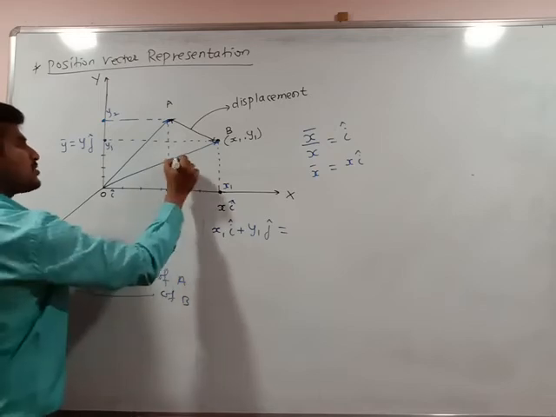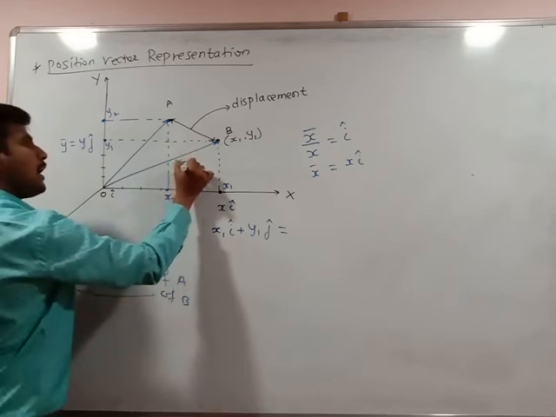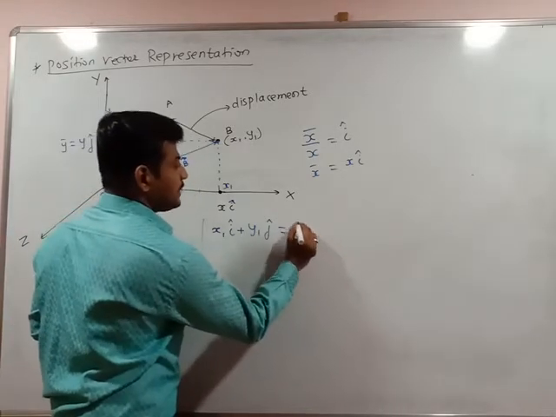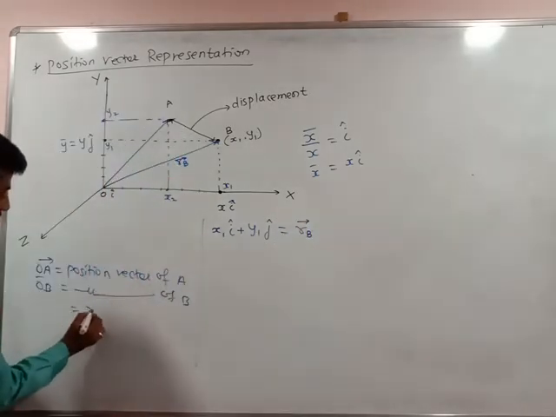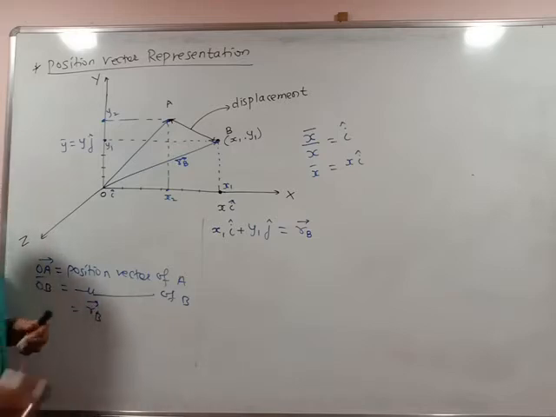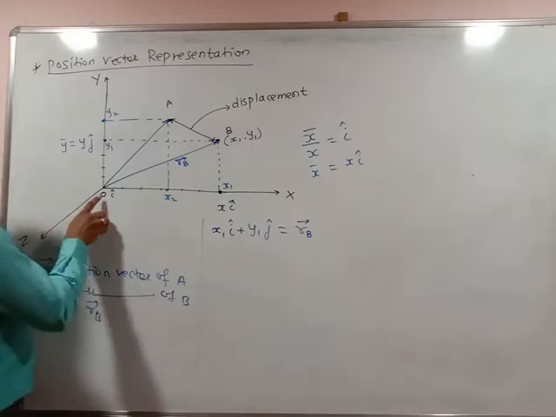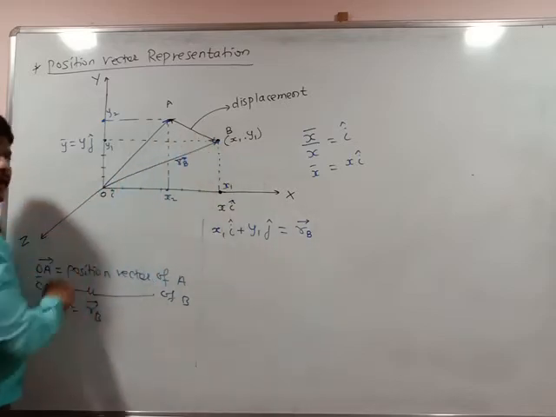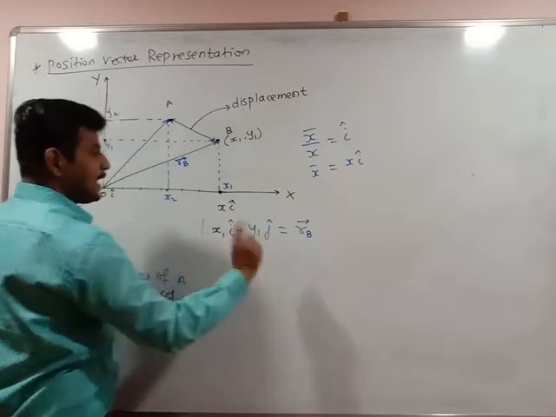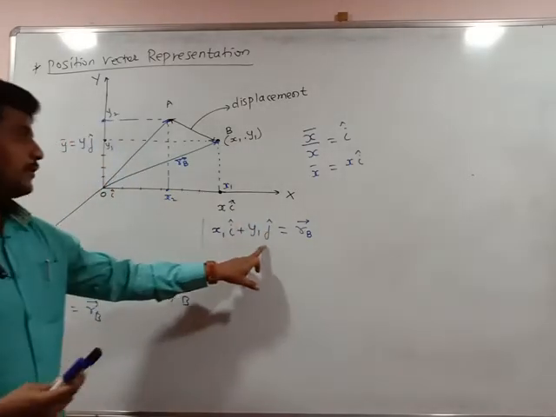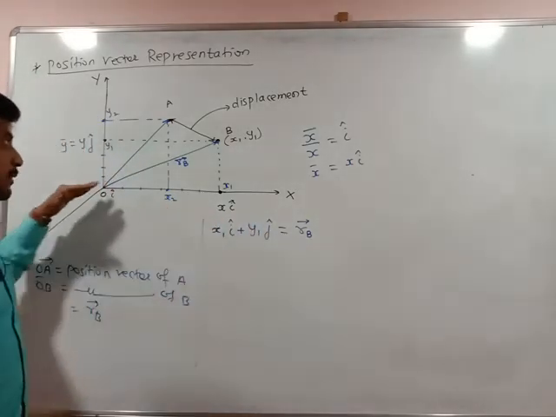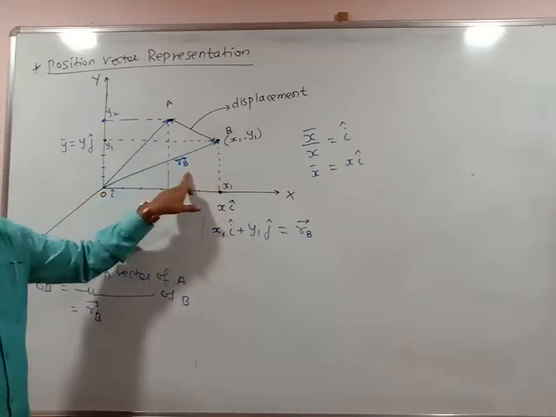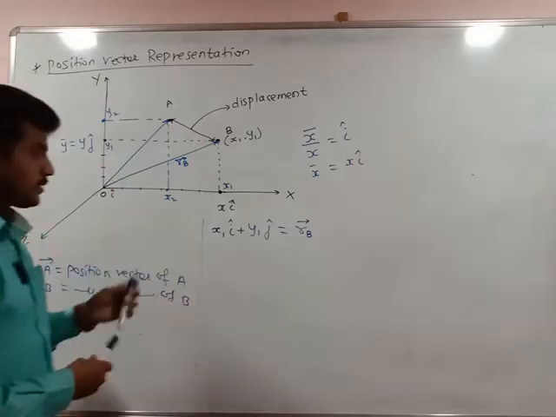So shall I write this distance is said to be RB bar. Okay. So this distance from the O to B, it is said to be RB bar. So whatever the distance is traveling O to B, the same distance is OX and XY. Means I can write this as RB bar is equal to x1i plus y1j, that is RB bar. RB bar is said to be the position vector from O to B, that is RB bar. Is it clear?